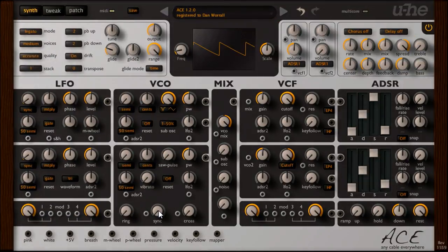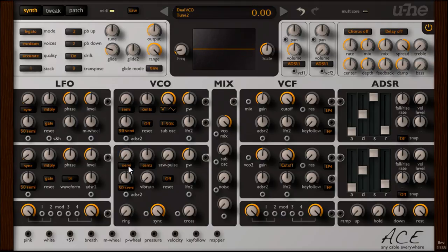Turning this up doesn't seem to have much effect at first, until I tune oscillator 2 higher than oscillator 1. Oscillator 2 is now being reset every time oscillator 1 crosses 0, so it's forced to the same pitch as oscillator 1, and tuning it higher just changes the waveform and sweeps extra harmonics around in interesting ways.